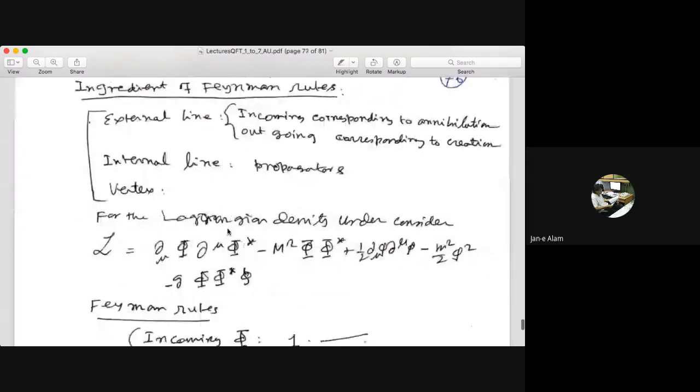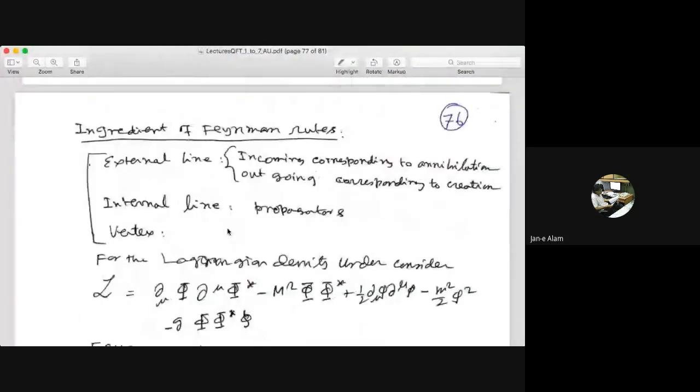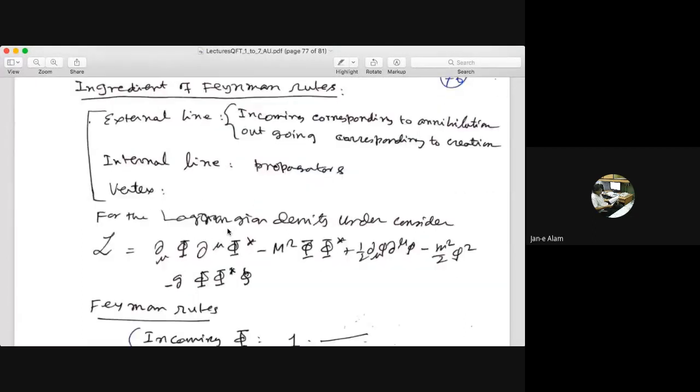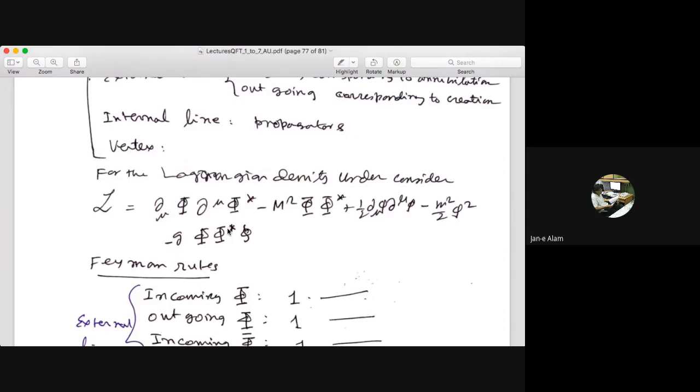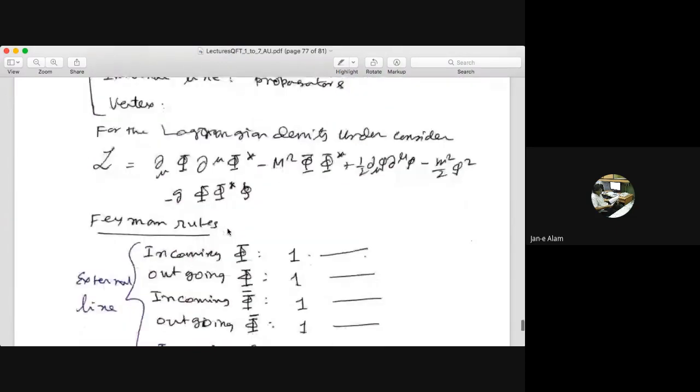I'll now come to construct the Feynman rules. Now, if you know the basics, it is fine. When you get habituated, accustomed to this kind of calculation, you don't need all these things which I have discussed. Those are just to explain how it originates. But suppose now I tell you, just by looking at the Lagrangian, how can I draw the diagrams?